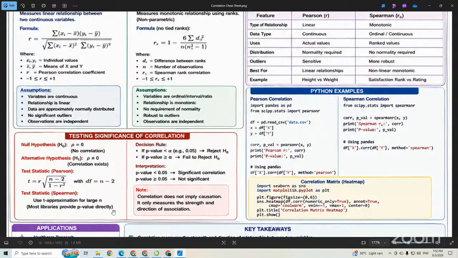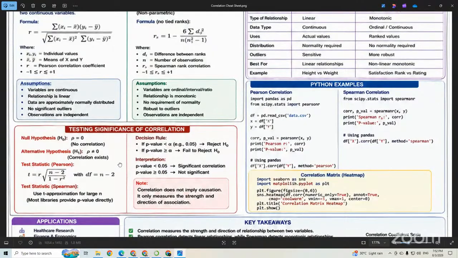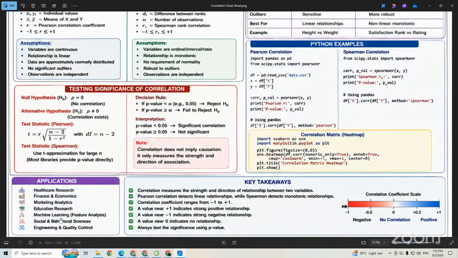So this part about hypothesis testing we will cover in the next sheet. I exempt this part. And these are some important applications where you can apply it, just like you can see here: healthcare research, finance and economics, marketing analysis, education research, and so on. And in the case of developing any machine learning model, prediction model, or when you require statistical analysis, etc.